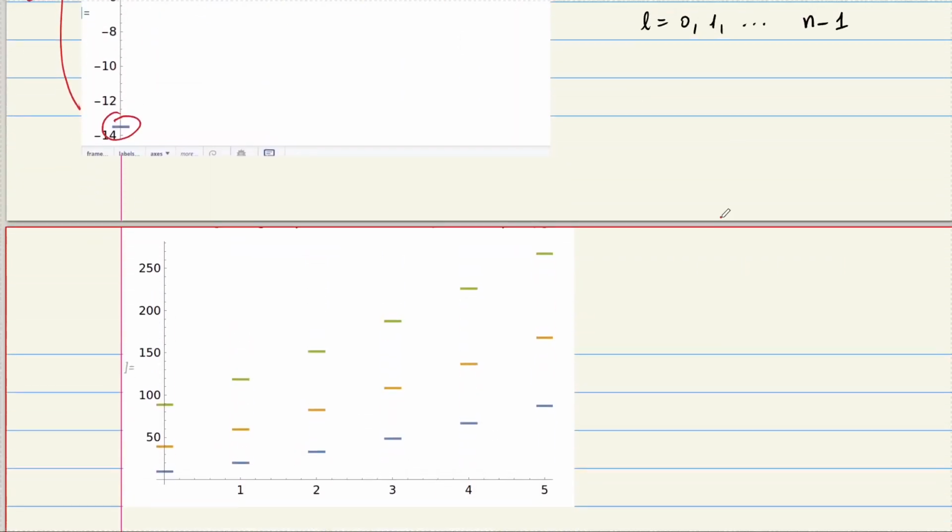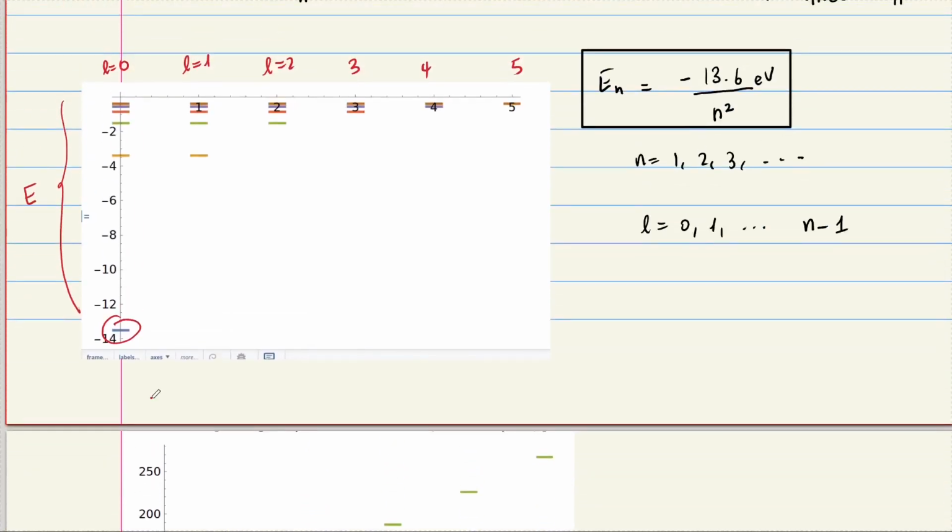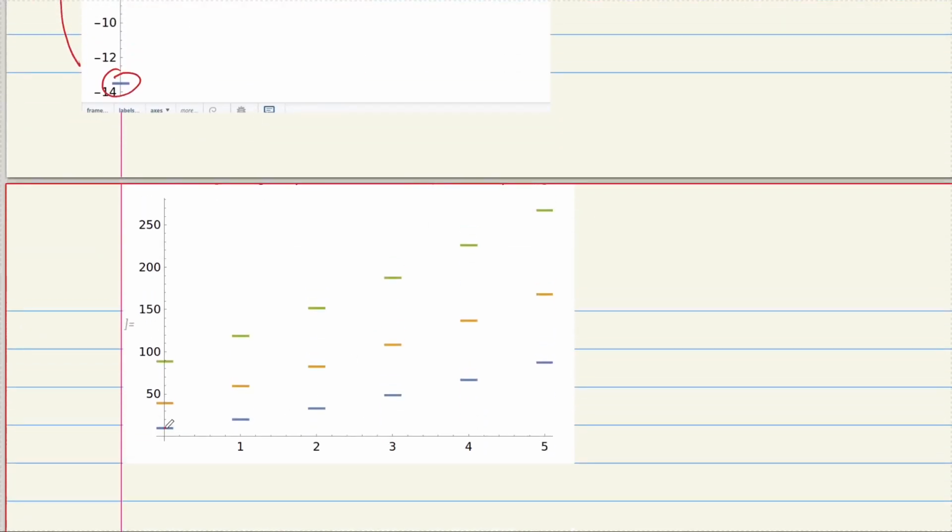So if you compare, this ground state is also non-degenerate. Now the first excited state, there is L equal to 0 and L equal to 1, and let's see if they are degenerate. They are degenerate, right? And we know they are degenerate because energy does not depend on L. Whereas here, you can see L equal to 0, there is no L degeneracy. If you go to the first excited state,